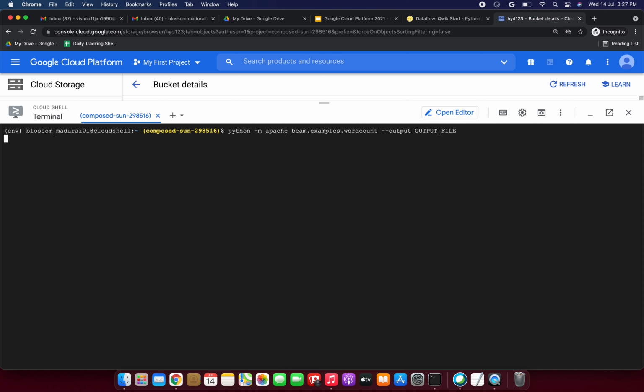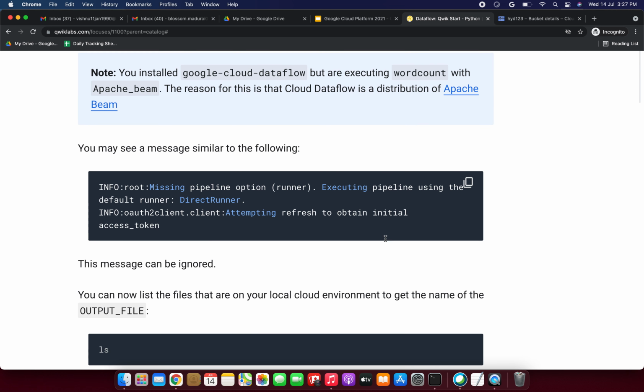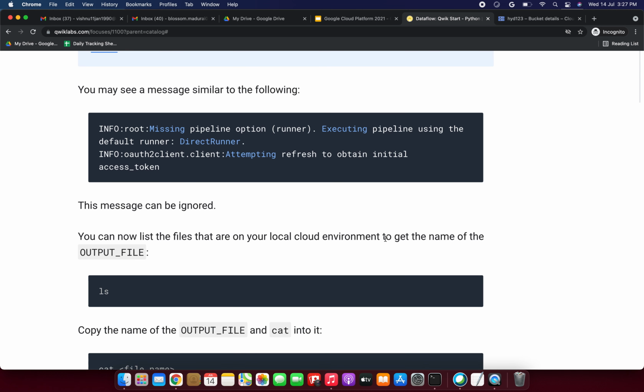So now note we installed Google Cloud Dataflow but are executing wordcount with Apache Beam. The reason for this is that Cloud Dataflow is a distribution of Apache Beam. We may see a message similar to the following: INFO root: Missing pipeline option (runner). Executing pipeline using the default runner.